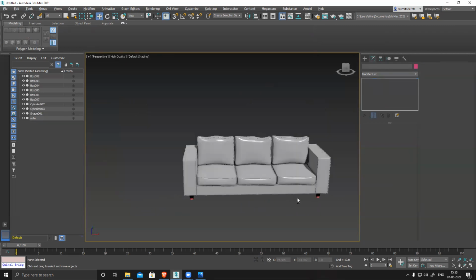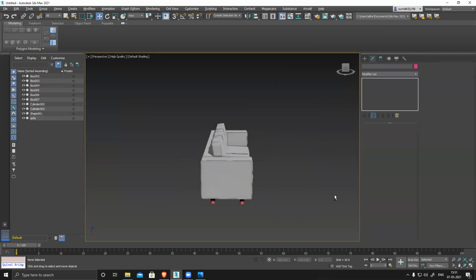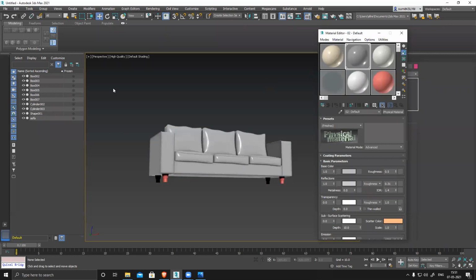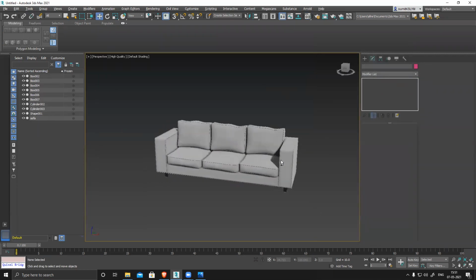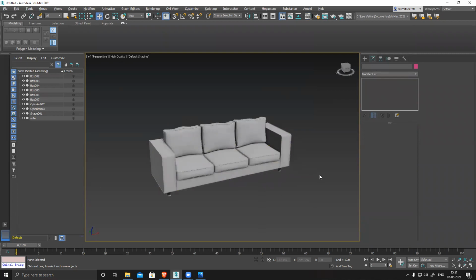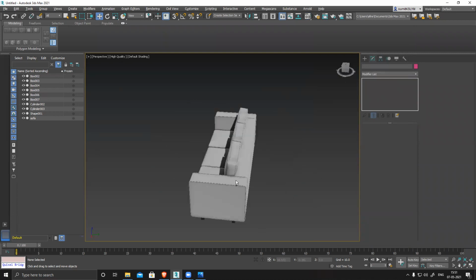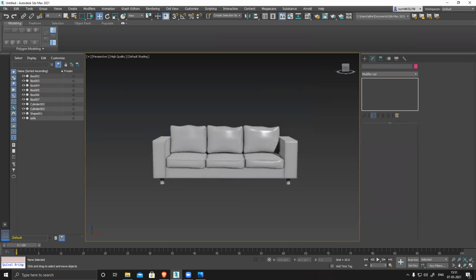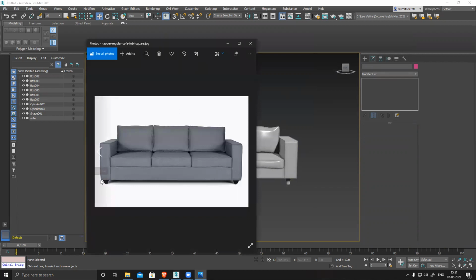You can see the entire model is clean. Now you can just select anything to both the sofa and it's super clean. And now if you want to add more details or something, we can do that. We can refine it, and like this corner, I can see in the reference, the corner is slightly tilted. I can add those small things.